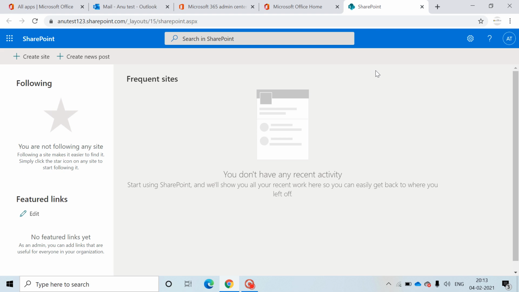So if you have 10 sites, you can organize your sites. If you want, it will depend which site will have how much data, how much storage. At the end, each and every site should make a total of 1 TB storage, and it will even give you 1 GB extra per license. So if you have 5 licenses, it gives you around 1 or 10 GB per license. It will give you extra storage.